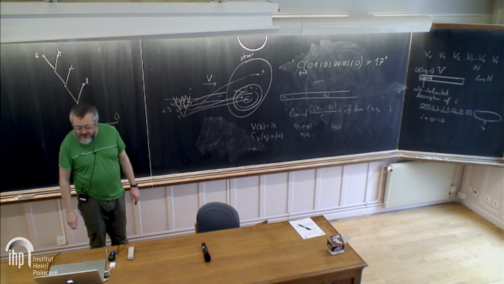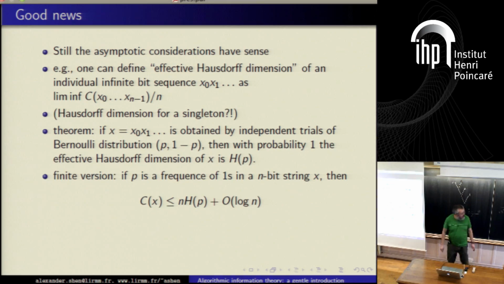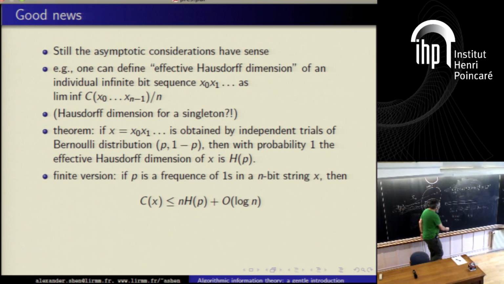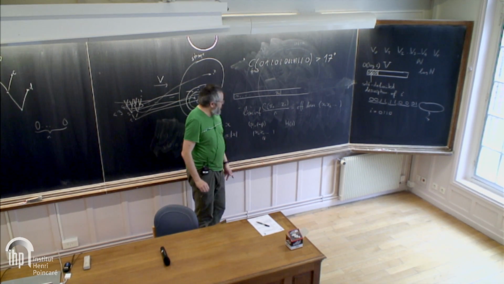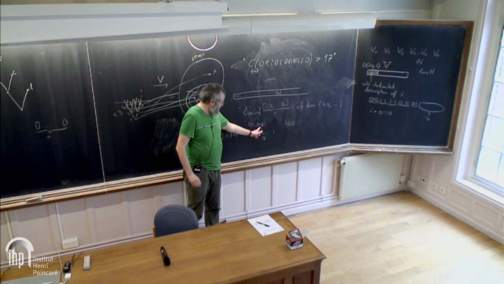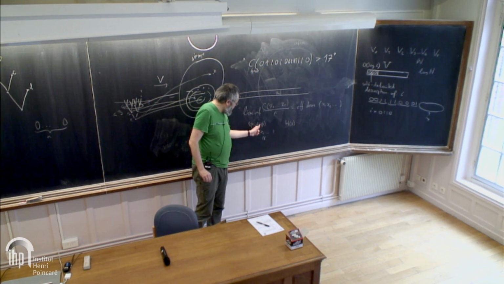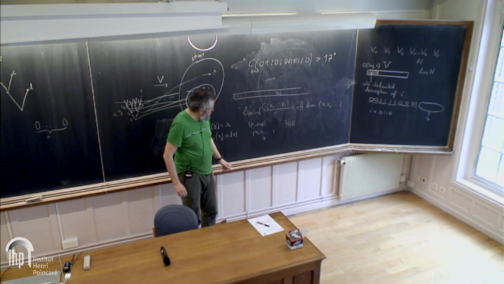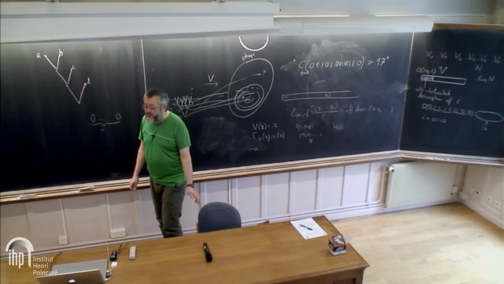And also there is a finite version of this thing. If we have not infinitely many coin tosses, but only finitely many, n of them, then we get some string which has some complexity, and this complexity is now a random variable for a random string distributed according to this distribution. Complexity is a random variable. So we can ask what is, for example, the